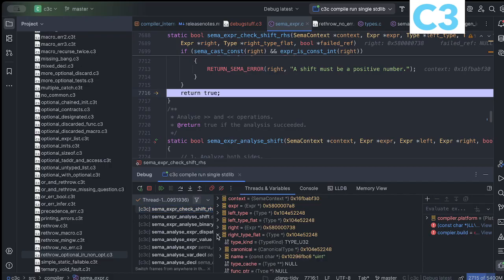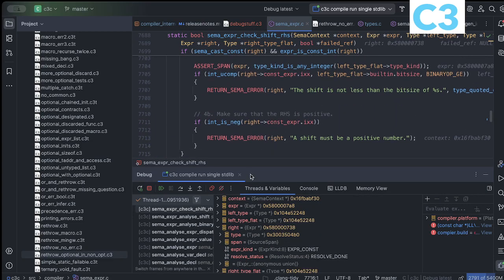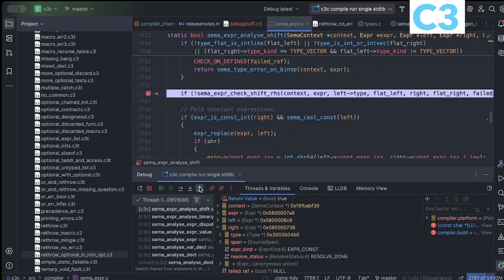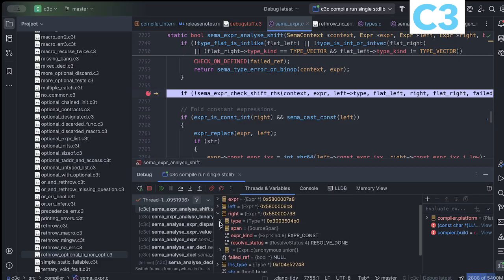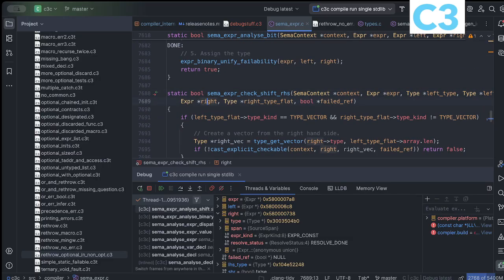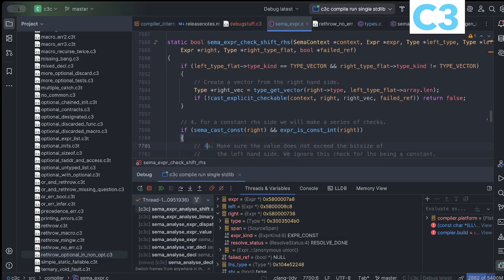So the right type now is a const, right? So okay, it's true. Now the right hand expression is an enum, because we didn't shift right hands. Okay, if it's an enum,